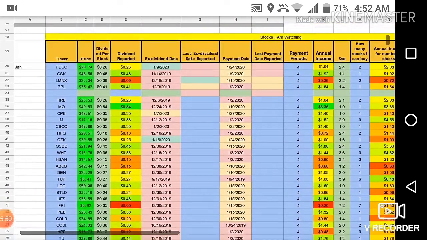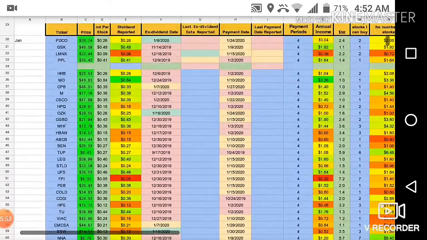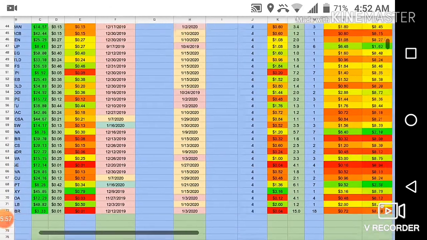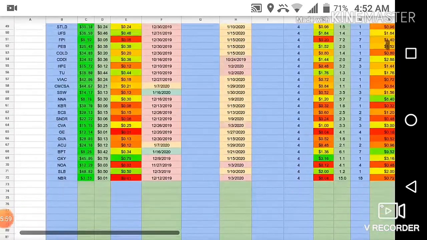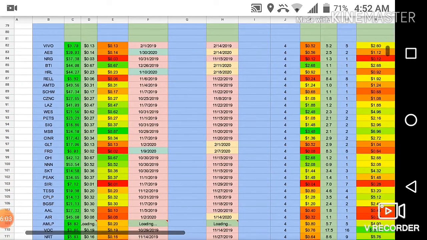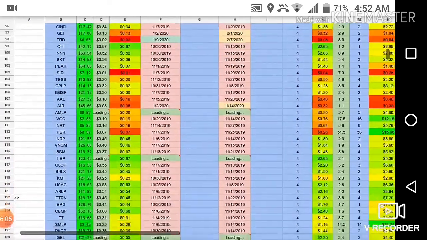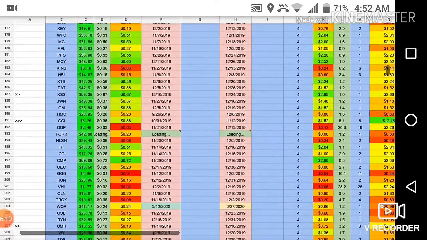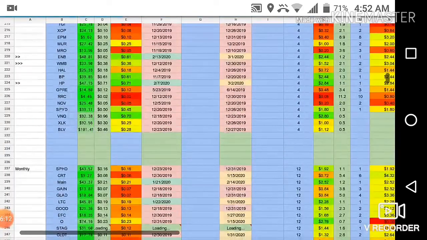I have it kind of broken up into payment cycles, so these are all my January paying dividend stocks that I can afford. This group here is my February paying dividend stocks, and then March paying dividend stocks, and then